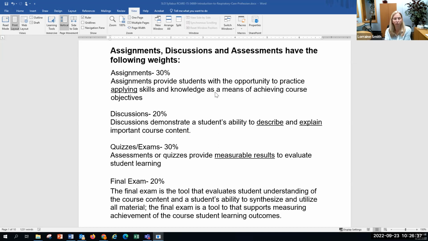I don't have them just to make you do busy work. It's giving you the opportunity, not as heavily weighted as other things, to practice those things. And then discussions that they had, either in class or online, demonstrated a student's ability to describe and explain, to actually interact with other students and try to incorporate that knowledge into something that I can describe and explain. And when we look at SLOs, a lot of them say,